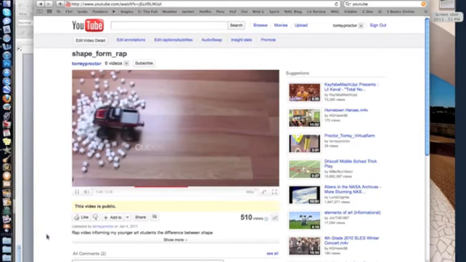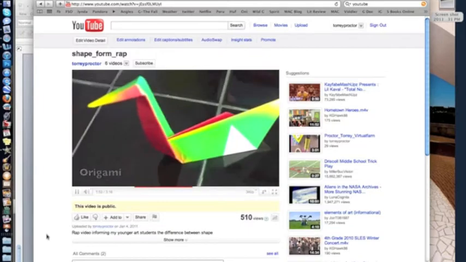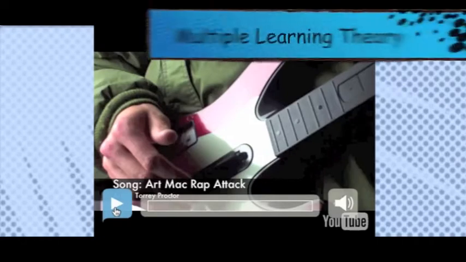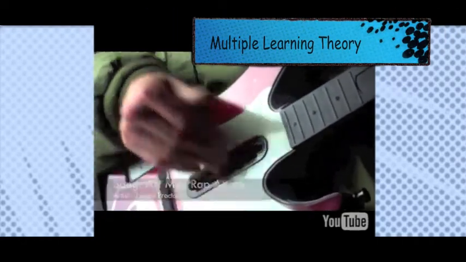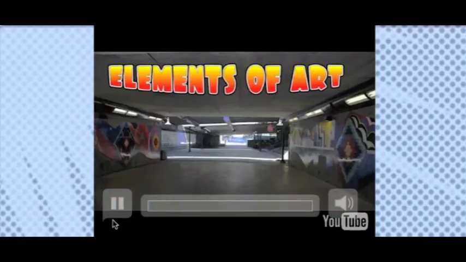In cycle 2, I had lots of student success with the help of a rap video teaching students the difference between shape and form. The video also showed many people in the community one way how to use the school's newly acquired MacBooks for an educational purpose. In my cycle 2 rap video, I stuck in a sound clip of a lion roar with video footage of my cat to grab the attention of the naturalistic learners.